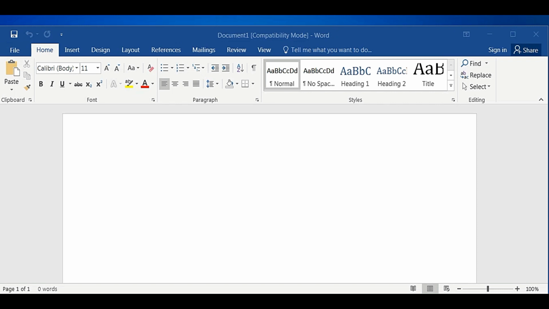Okay, so here see the mouse pointer. Here at the top you can see that something is written, like Document 1, Compatibility Mode, Word. Here we call this a title bar. And what is the function of this title bar? The title bar denotes the name of the file.